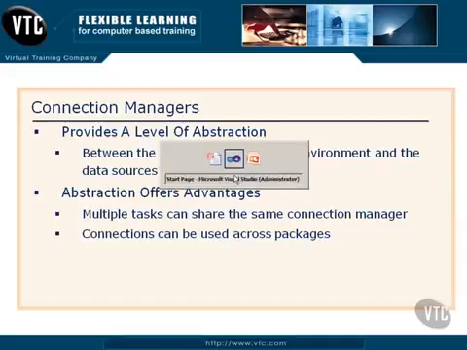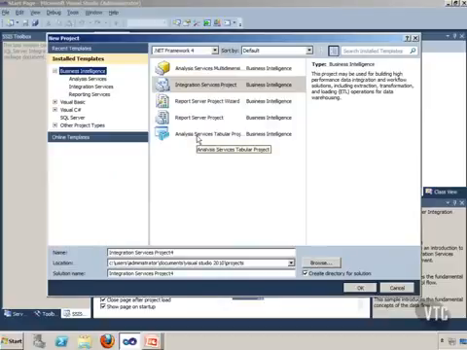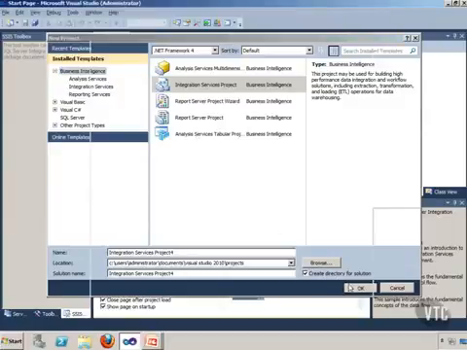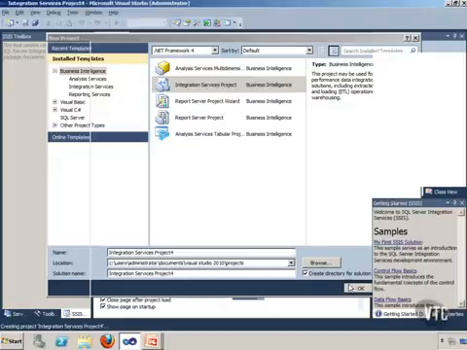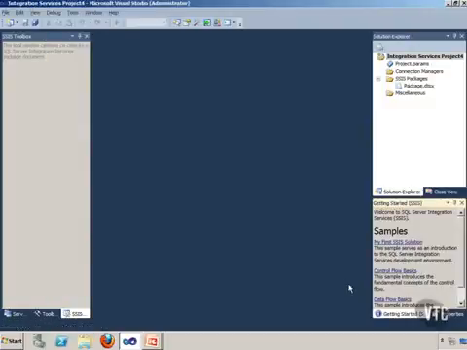So what I want to do now is just jump out into SQL Data Tools, and notice I'm going to create a new project and click around here just a second to give you the lowdown, if you will, on connection managers. Now I'll do an integration services project under business intelligence and give you a real quick run through on these connection managers. The connection managers offer you a very simplified environment for connecting to a lot of different